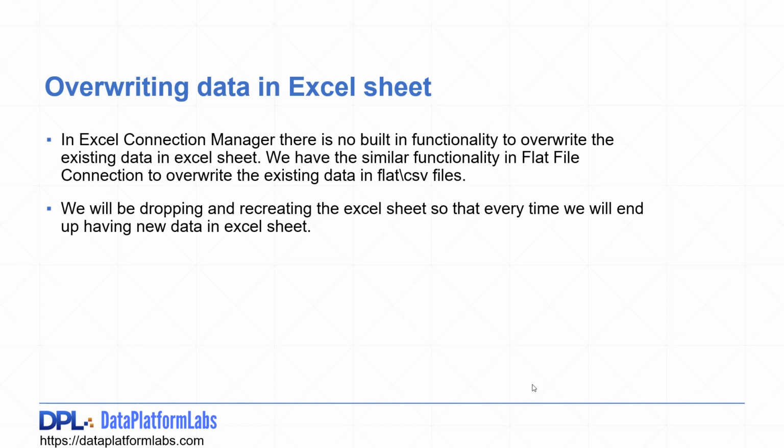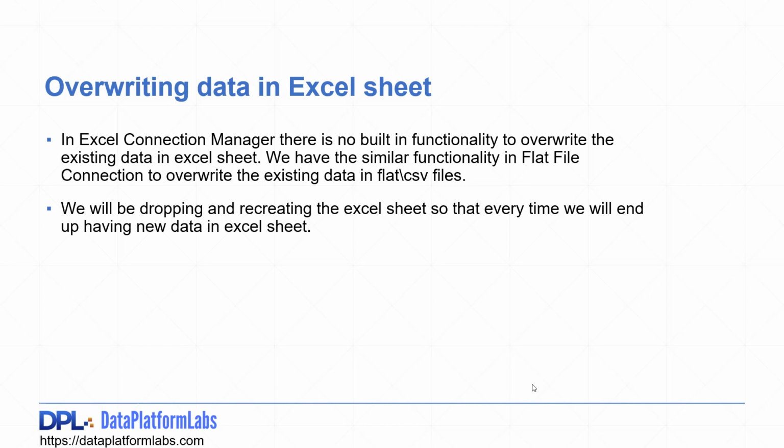In some scenarios, suppose you are going to prepare a report from existing data in SQL Server. We execute the SSIS package and it generates an Excel file with the current data from SQL Server. The second time you execute the package, it will append the data to the Excel file. However, we want fresh data in the Excel file every time, identical with the data of SQL Server. So what we want is that it should first delete all data from the Excel file, and then insert the new data.